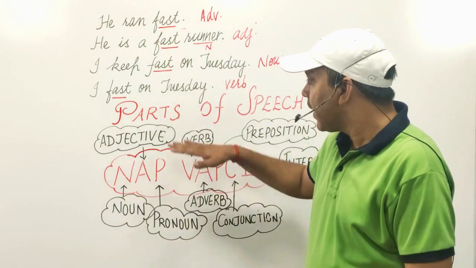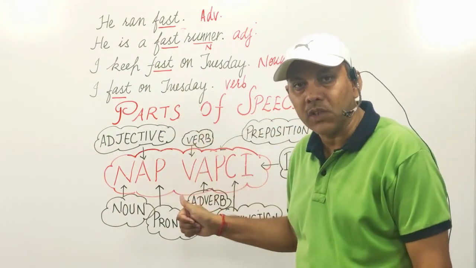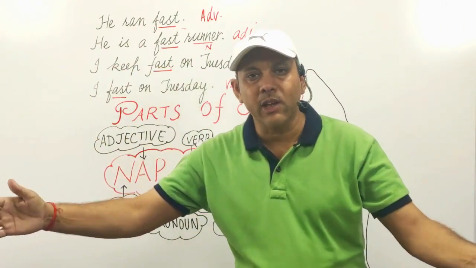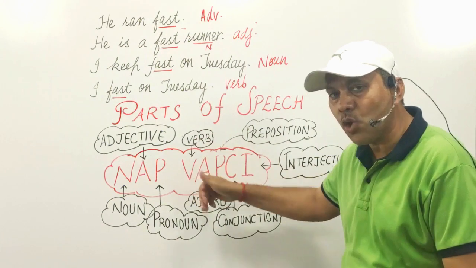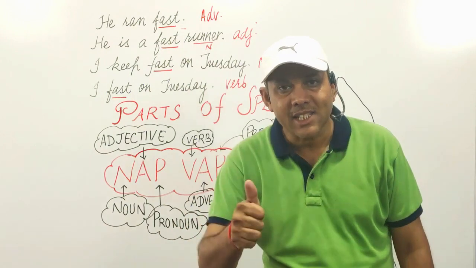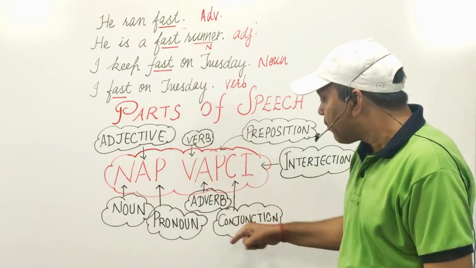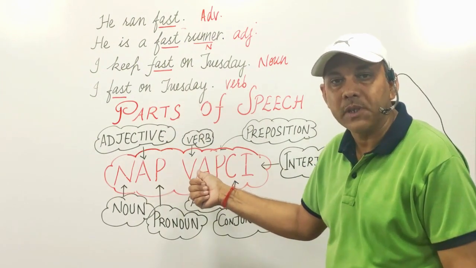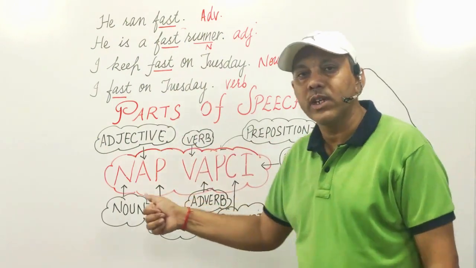There are 8 parts of speech in the English language. We can categorize all the words of the English language in these 8 different parts of speech. If we have a command over all the parts of speech, the English language can become very easy for me as well as for you. I think 50% of English grammar is covered by parts of speech. It's very essential to know in detail about every part of speech.